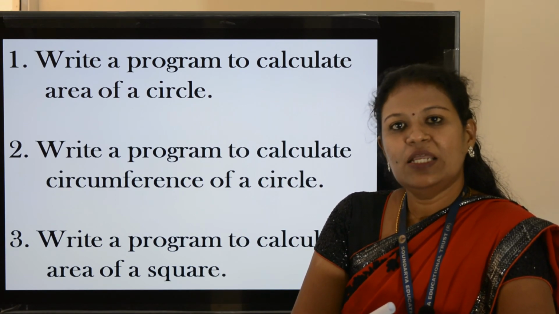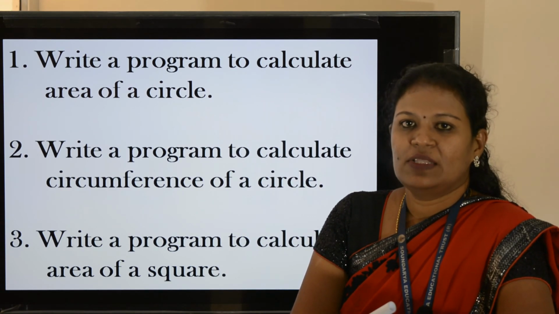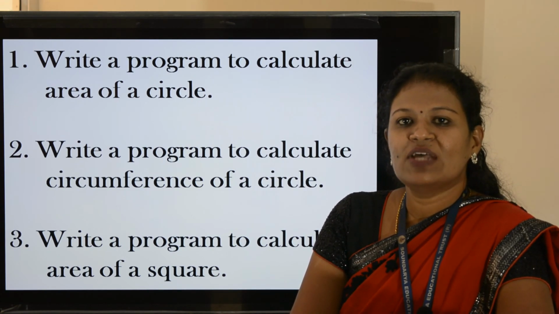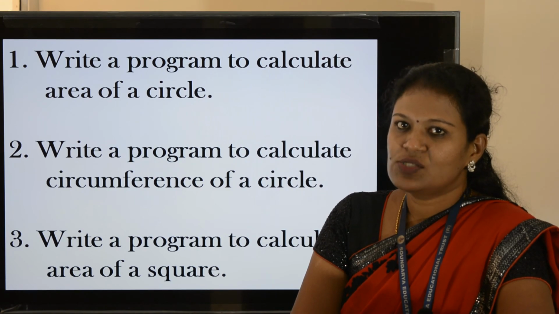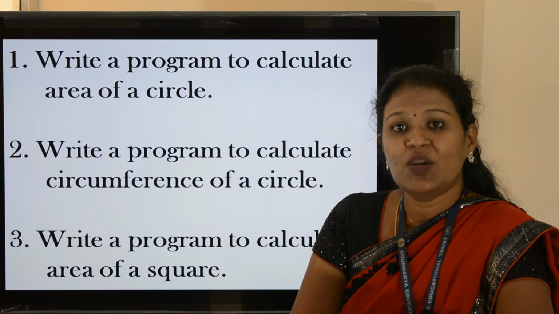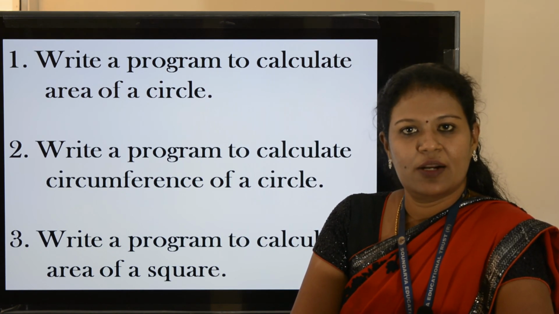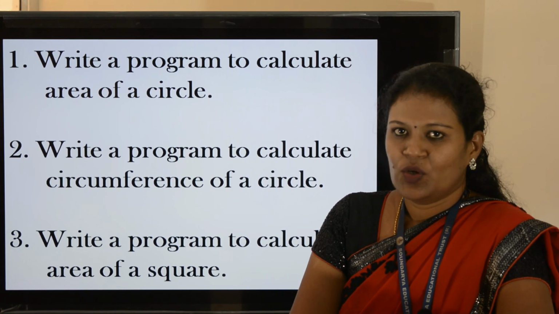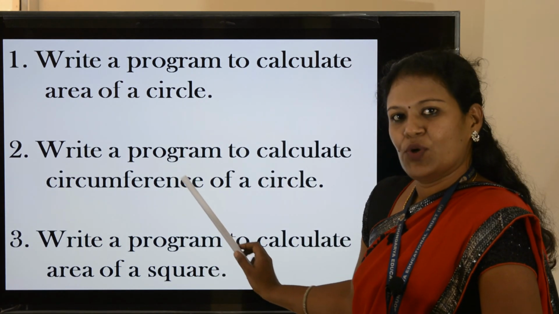What is the input for this program? R, that means radius. You need to input radius and give the calculation step: circumference equal to 2 into 3.14 into r. Then the output is circumference. So try to do the second program also.